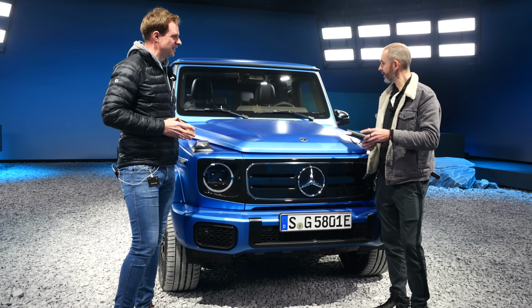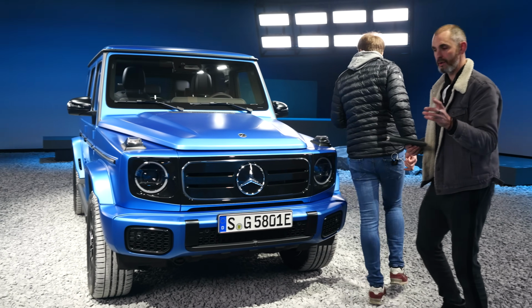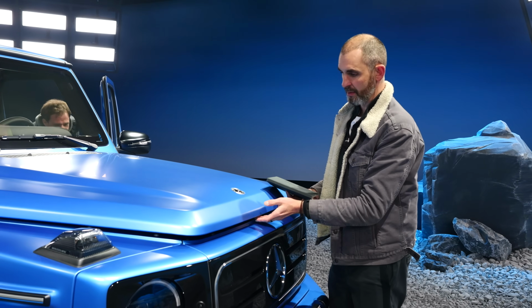Can we have a look underneath the bonnet? Yeah, sure, I'd love to. If you can release it for me and I'll have a quick look. Will do. I don't know what we can see under here, but it's just nice that we're able to see what's under the...